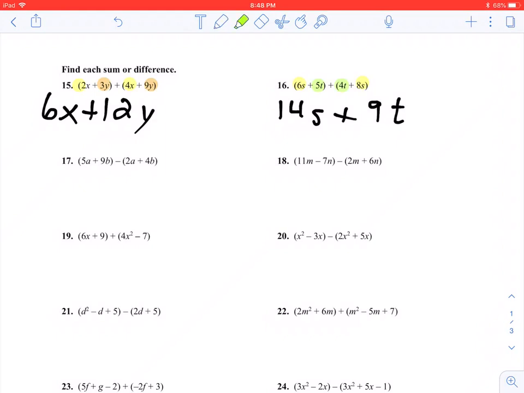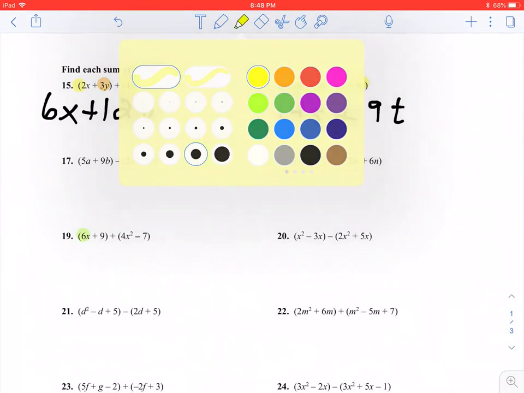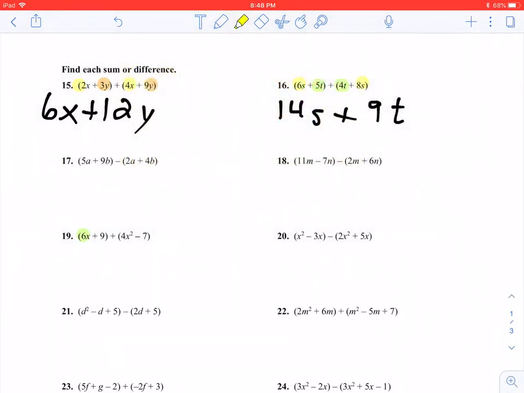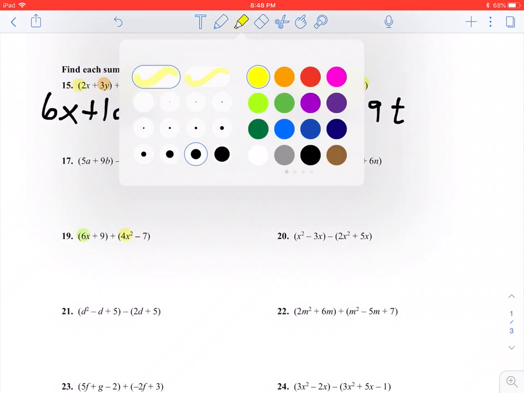I'm going to do the same thing. We have a 6x, and then we have a 9, and we have a 4x squared, and then a minus 7. So if you look, and I'm going to highlight the 6x for a second, and then you look throughout the rest of the expression, there is not another x term. There is an x squared, which I'm going to highlight, but if you notice, I highlighted it with a different color because it is not a like term. It does not have the exact same powers, therefore it is different,